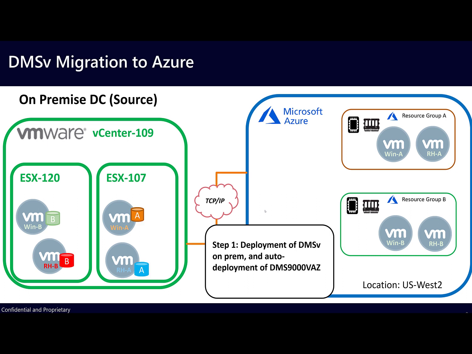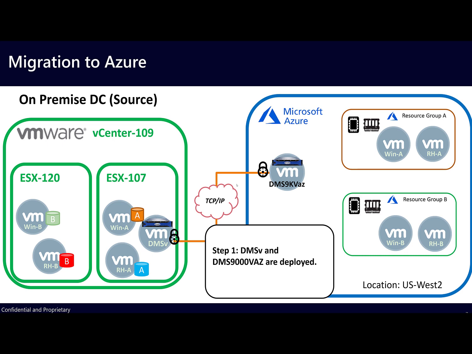So step one in our demo here is that we would deploy the DMSv on-prem. So that is already done. And the way we did it was very easy. Basically we have an OVA, the templates for the VM. And so we already have templates created for all of our DMSv. You can have one of them, two of them, 10 of them, doesn't matter. Just distribute them within the vCenter that you're migrating from. And you deploy as many as you want in order to maximize the performance, right? And so once that is done, the DMSv